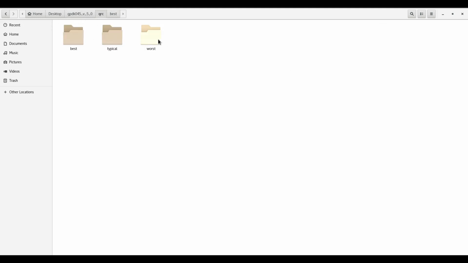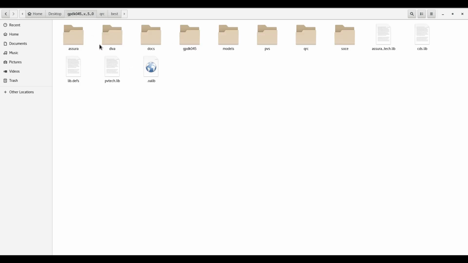Worst is positive 125 degrees, and sometimes minus 40 degrees they will consider as best, or else we can consider any temperature. So we need to generate RC files with three different temperatures: one is minus 40, another is room temperature, and another is positive 100 or 125. Sometimes this temperature may vary. Sometimes instead of 125 they will check up to 140 or 150. It depends on the IC and the situation, but typically this is what they follow.